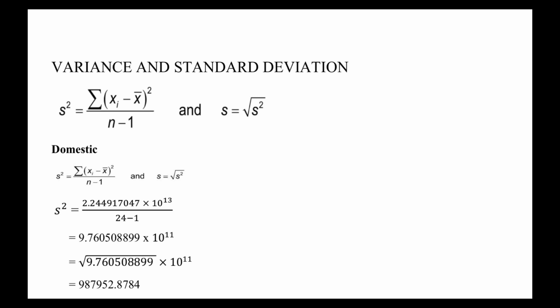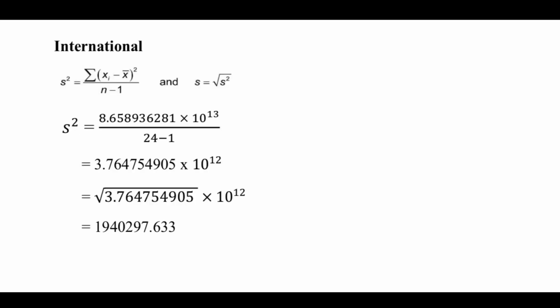Variance and standard deviation formula is sum of (x_i minus x bar) squared divided by n minus 1, and s equals the square root of s squared. The variance and standard deviation answer for domestic is 987,952.8784. For variance and standard deviation for international, we'll use the same formula as domestic, with the answer for international being